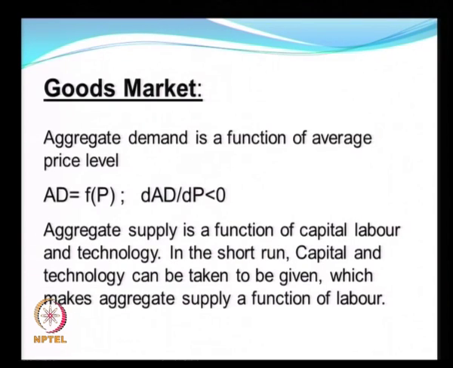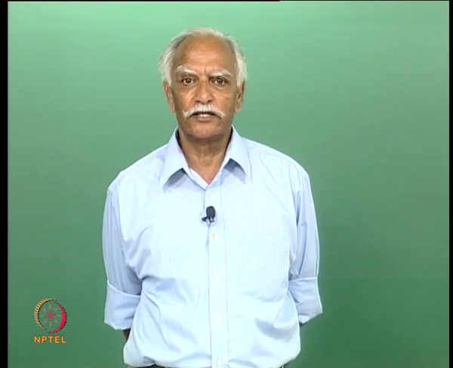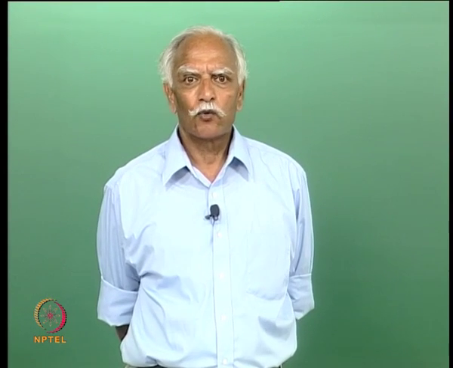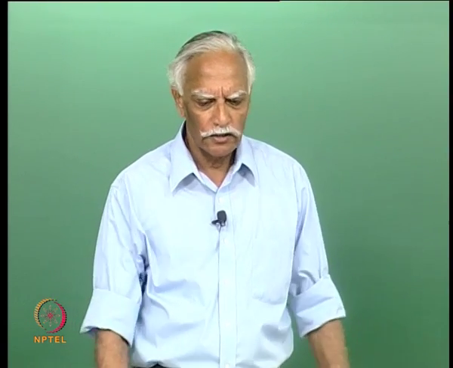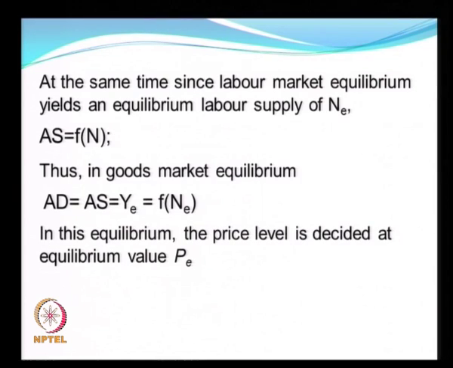Aggregate supply, in turn, in the general equilibrium and neoclassical versions of the issue, is given in the short run. This is because although output is a function of capital, labor and technology, in the short run the quantum of capital cannot be changed and technology is even more rigid in the short run. Therefore, in the short run aggregate supply is a function of the total labor force employed in production, which is N,